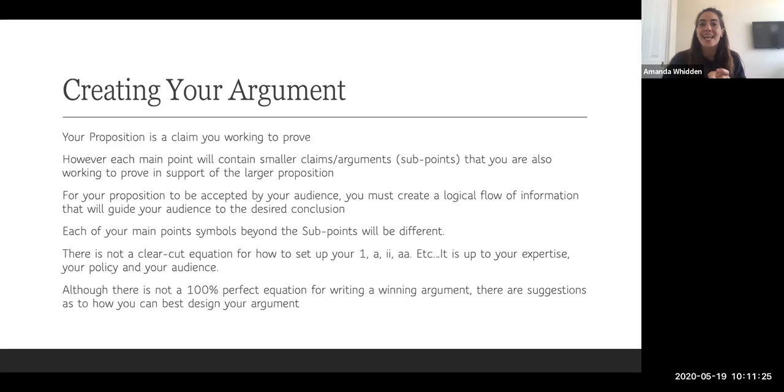I'm making a claim. And by suggesting that it's a problem, I'm going to now need to explain and support that and defend it. You are going to make continuous claims throughout your speech. Your proposition is a claim, and your body main points are all the argument that is going to prove that proposition, hopefully true. And your audience says, yes. However,